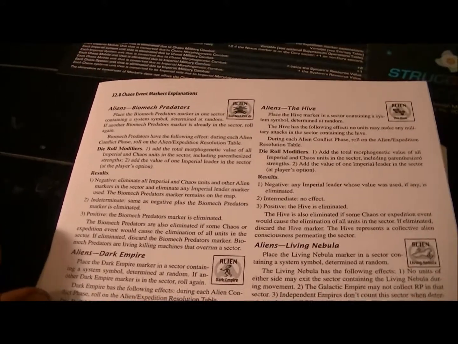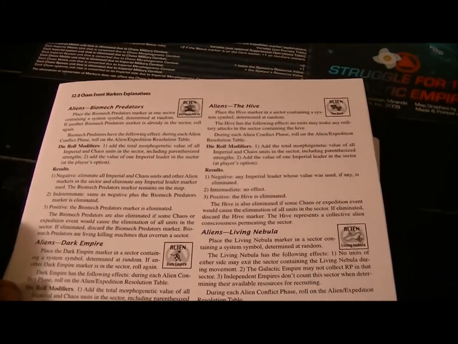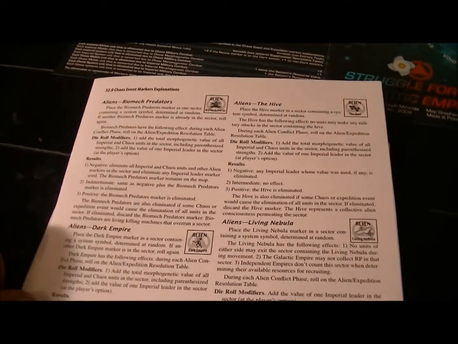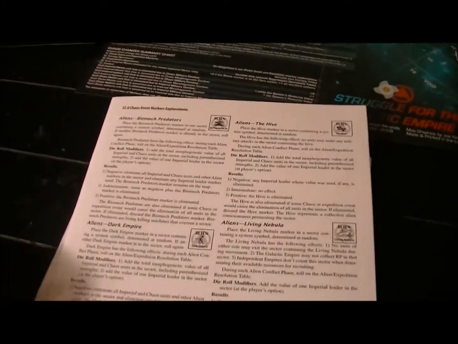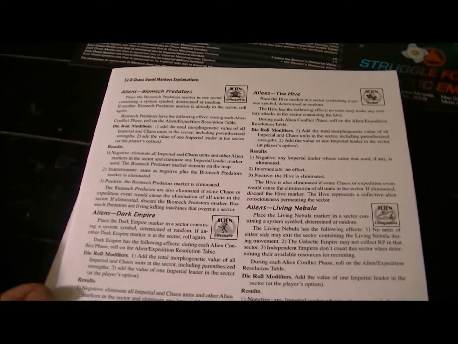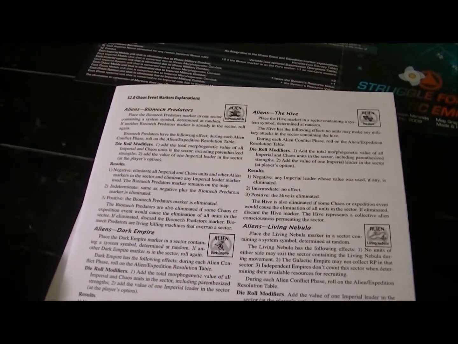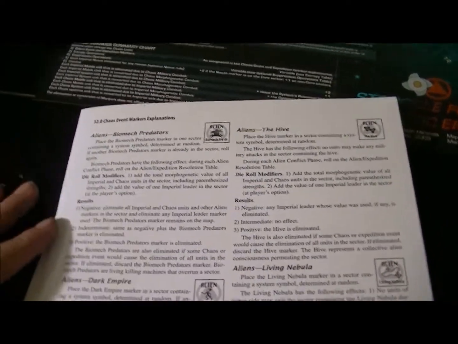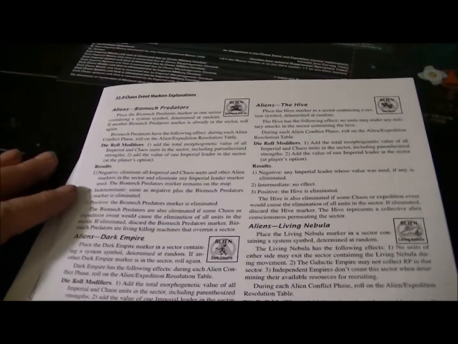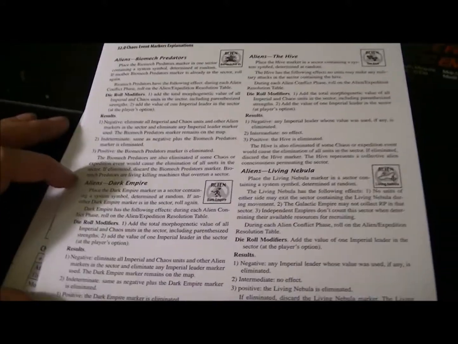It's going to be alien expedition table, morphogenetic value for the Imperial and Chaos units, including parenthesized, is added to the die roll, and an Imperial leader's added. And if I get a negative result, everything that's present there is destroyed, all Imperial and Chaos units and other alien markers. If it's intermediate, it'll also take out the Dark Empire. This sounds exactly like the biomech Predators. I'm not sure that there's any difference between them. And then in positive, it just gets rid of the Dark Empire. And then they go into the same